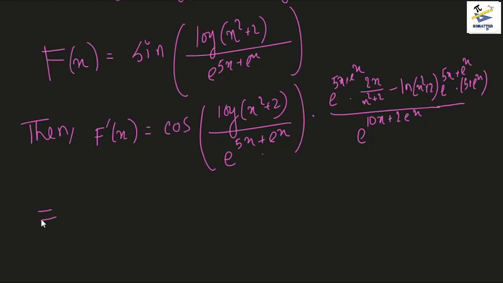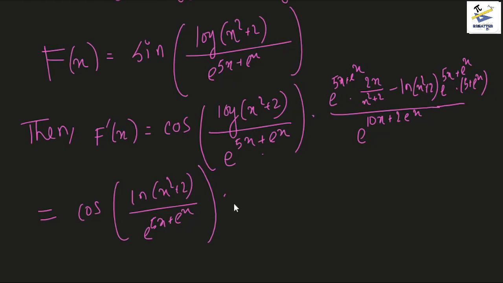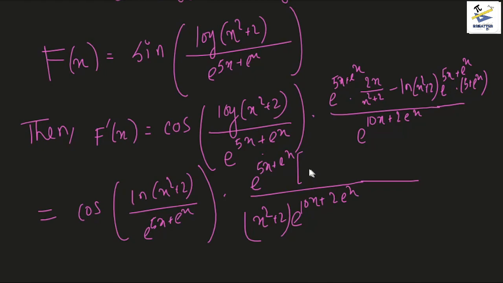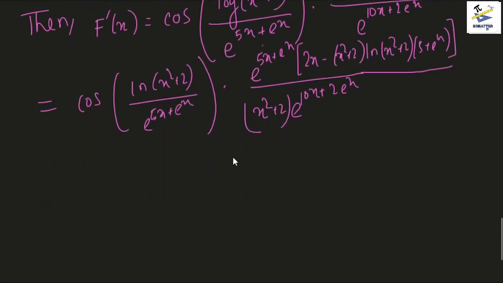So we can write it clearly here, cos of ln of x square plus 2 by e to the power 5x plus e to the power x multiplied by, now we can do a simplification here, x square plus 2 into e to the power 10x plus 2 e to the power x, and we can write it as follows: e to the power 5x plus e to the power x taken common, we have 2x minus x square plus 2 into ln of x square plus 2 into 5 plus e to the power x, and we can cut off this e to the power 5x plus e to the power x and this to give you the final answer,